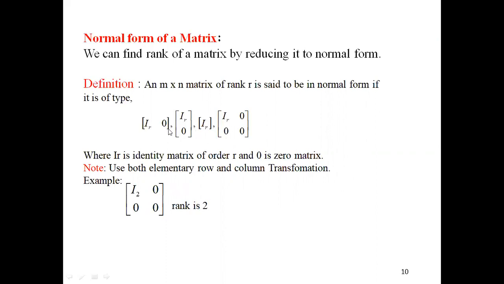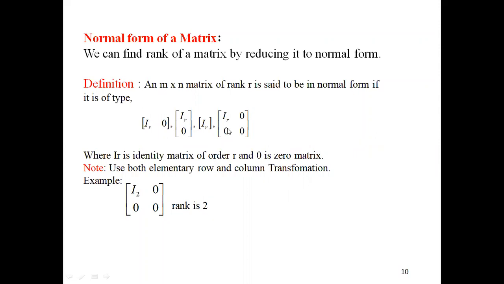So what are those four types? First, they are saying IR. What does IR stand for? I of order R, the identity matrix of order R. And what is that R here? Rank, yes, it is nothing but the rank. So either the matrix is in the form of IR 0, where that 0 is not only a 0, it is a zero matrix having a particular order. What is that order? I will discuss this shortly. So this is the second form, this is the third, and this is the fourth one.